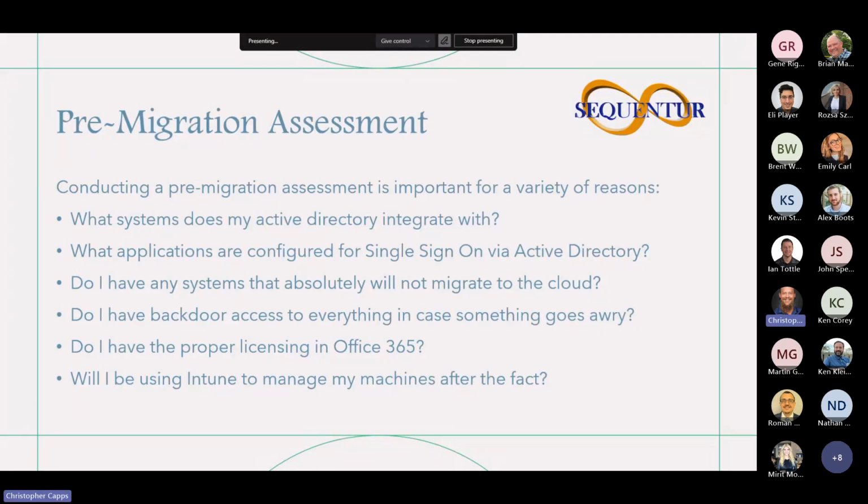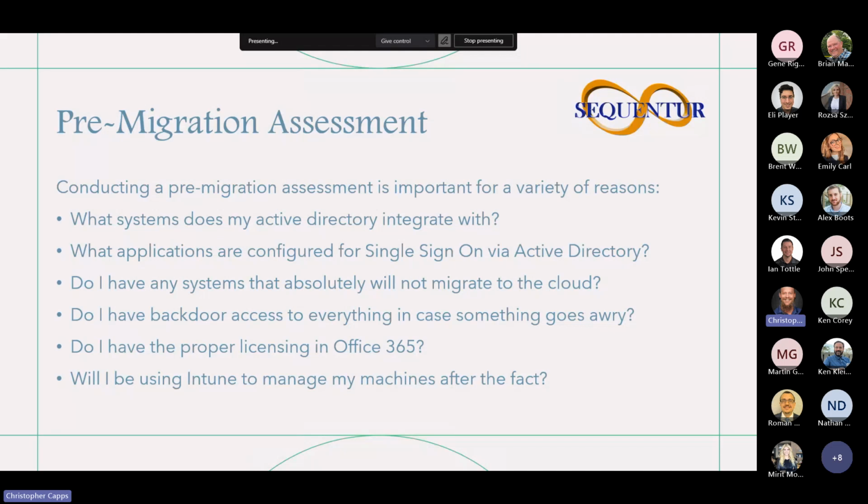The first thing you want to do when considering a migration to the cloud is a pre-migration assessment. Conducting a pre-migration assessment is important for a variety of reasons. The first question you want to ask yourself is, what systems does my Active Directory integrate with?